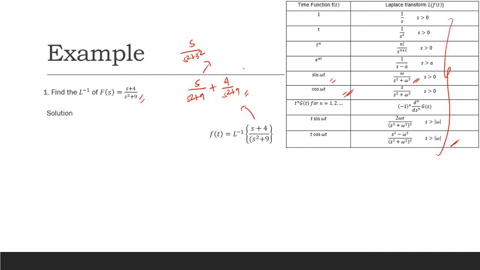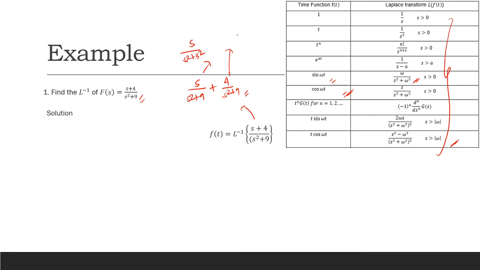However, class, ang sabi dito is we need omega tapos omega squared dito. So, if your omega is 3, dapat 3 yung nasa taas. Diba? So, paano yun, sir? Hindi na siya pwede. So, tandaan, meron pa tayong pwedeng gawin. We can use the constant multiple property. So, ang gawin natin, class, is